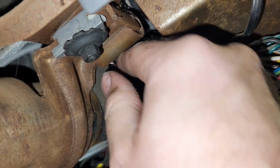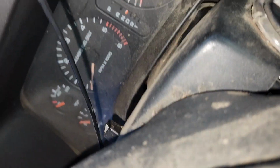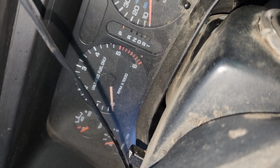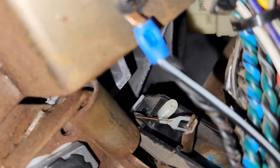This cable is what adjusts, so I'm going to pull it off and show you. Okay, so see I pull on it, and you guys see that shifting? And then boom, in park, okay? So what happens is, the way this works is there's an...